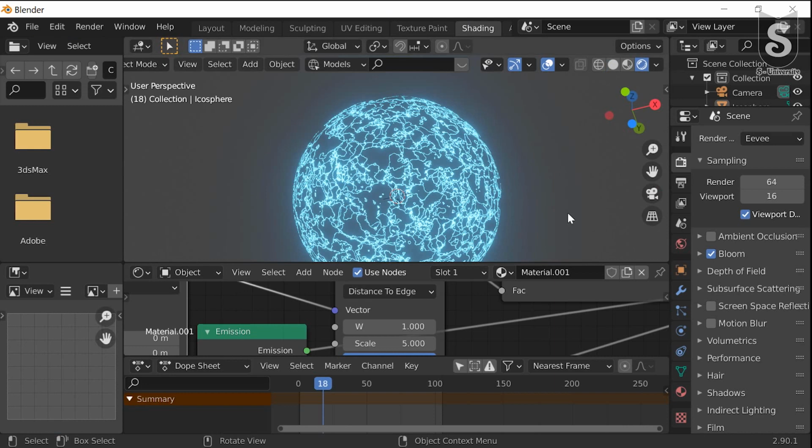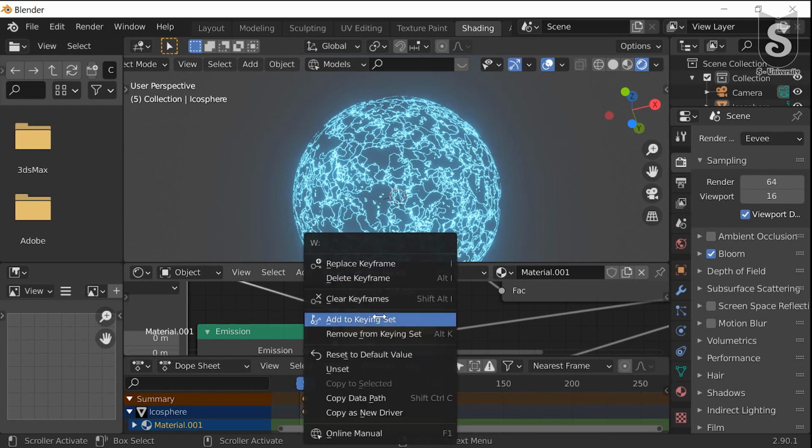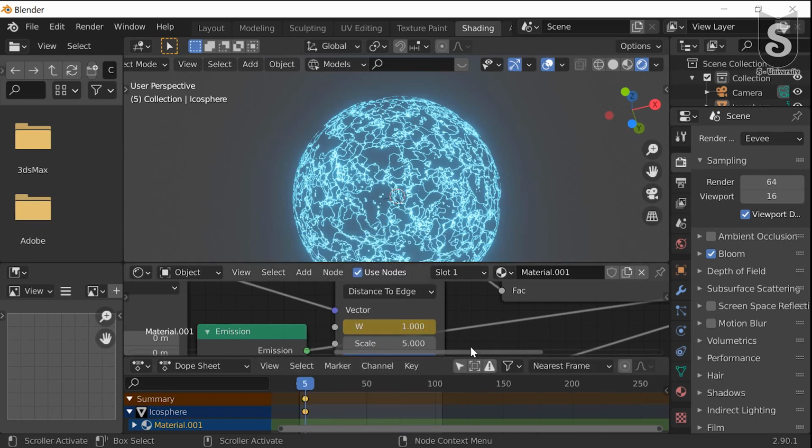After that go to shading, place the animation at frame 5 keyframe, place the cursor on W and press the I key, or you can right click and insert keyframe. After that go to frame number 100 and change this value to 0.05.